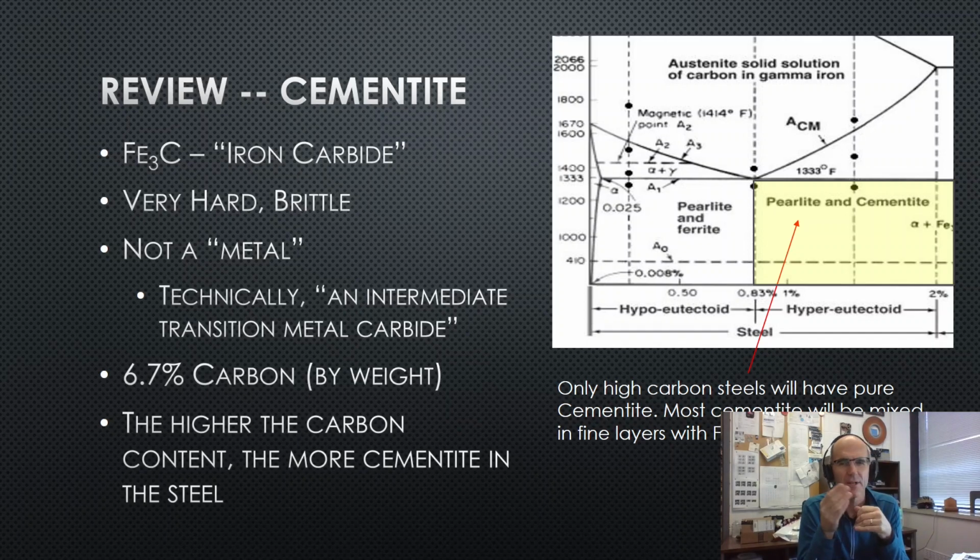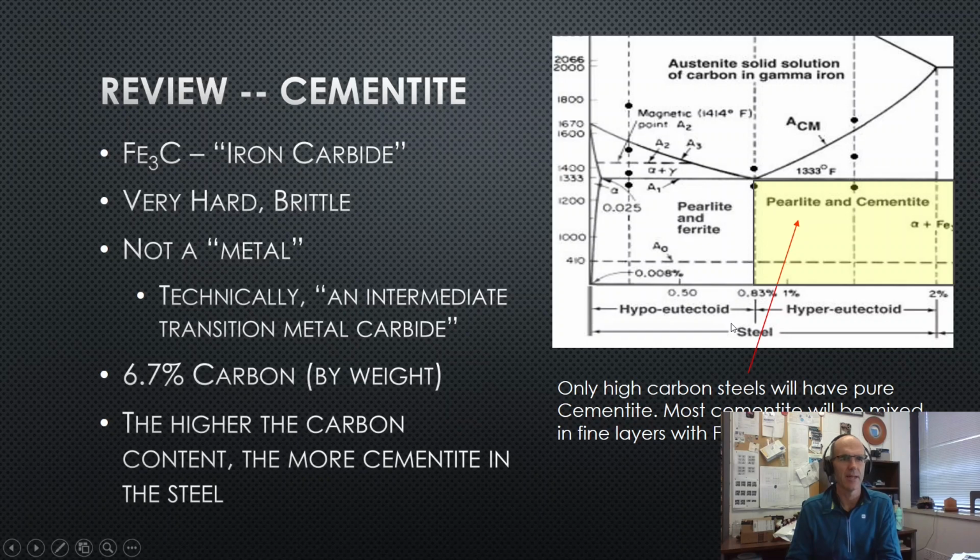Now, the higher the carbon content in your steel, the more cementite you'll have in the steel, so the harder the steel will be. Well, a little bit harder. Keep in mind we're talking tiny differences in the amount of cementite in there. We're going to do other things that make the steel quite a bit harder, but you will see a hardness difference when you take a look at that. In this region right in here,